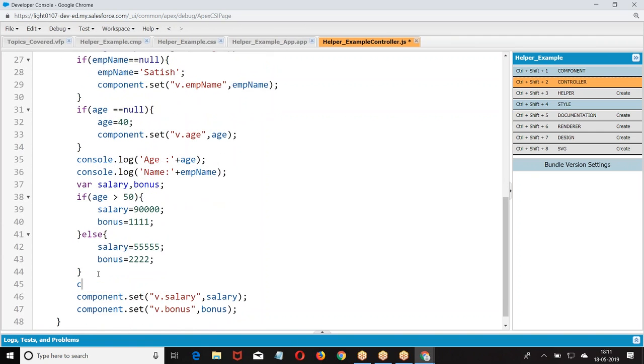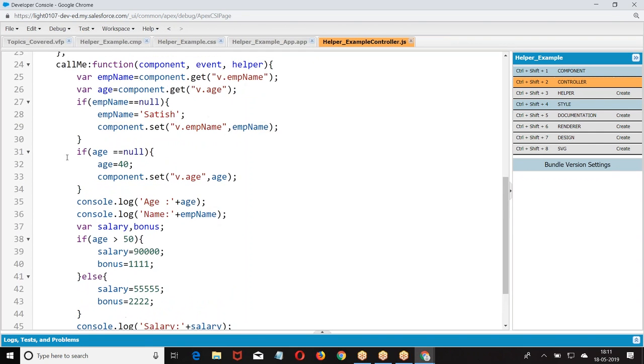Then I'm giving console.log. It is case sensitive. So somewhere, because of case sensitiveness also, we may get that error. Let's cross check.